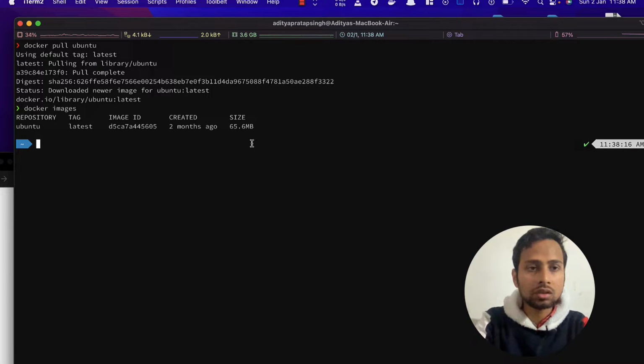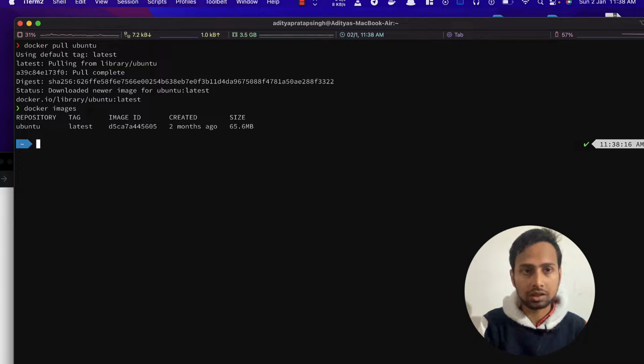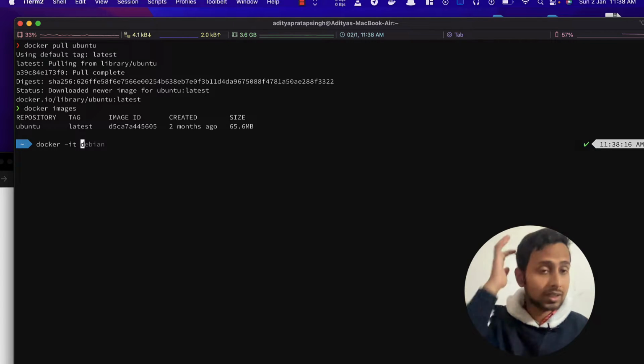If you want to start it, how can you do that? First of all, let us get into this Ubuntu operating system. So I can say docker run -it. What are this I and T?